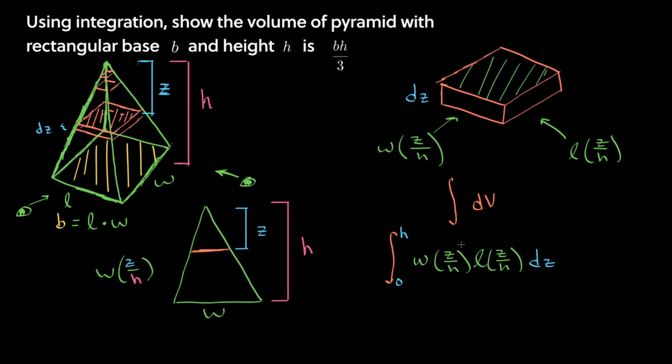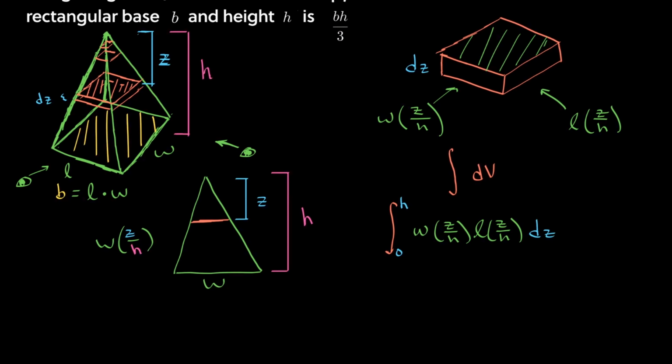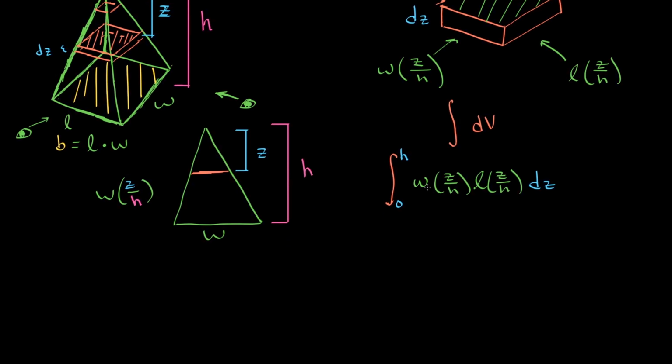So now that we have our definite integral, all we need to do is evaluate it. So let's do that. Again, we can remember that we said that W times L, length times width, is going to be base. So that's going to be B. So we can fill back in B. And then we're left with Z over H squared. And then this is going to be integrating still with respect to Z. We'll throw down our integral again from 0 to h,